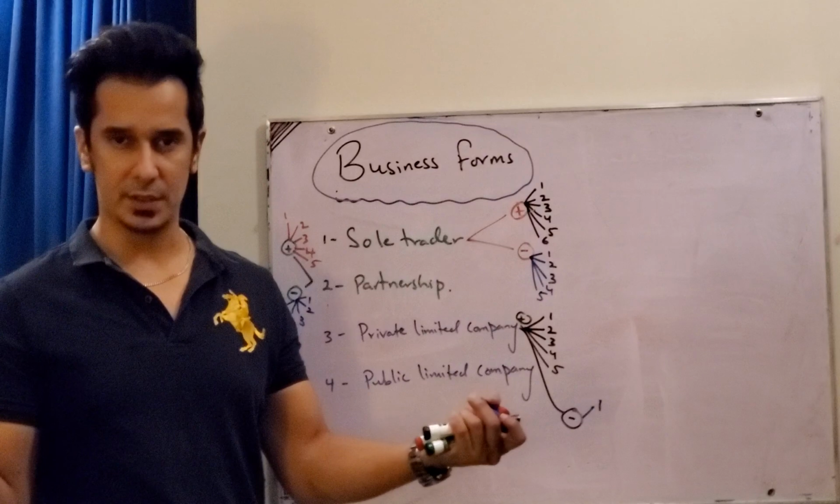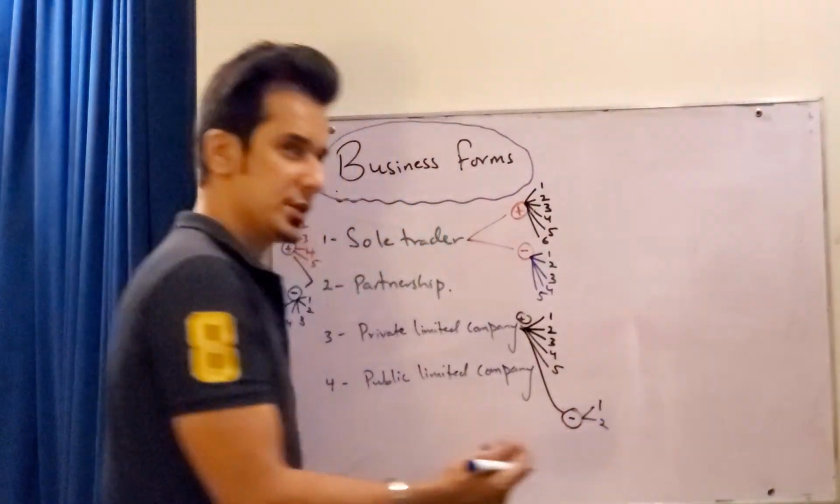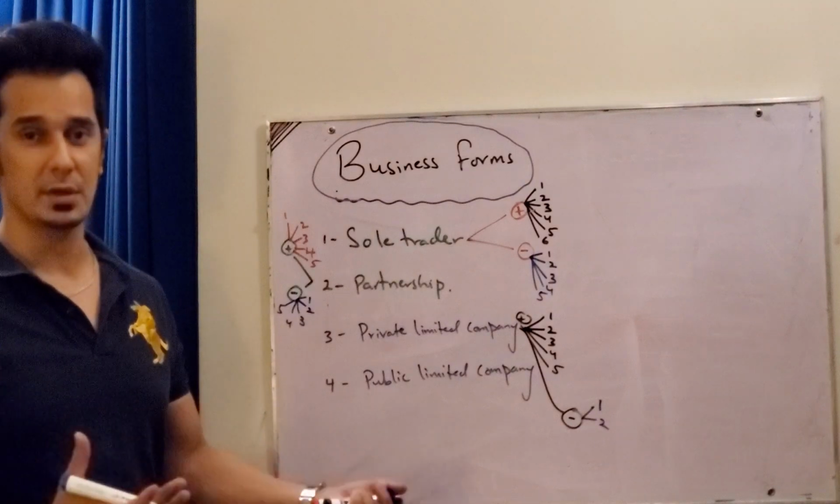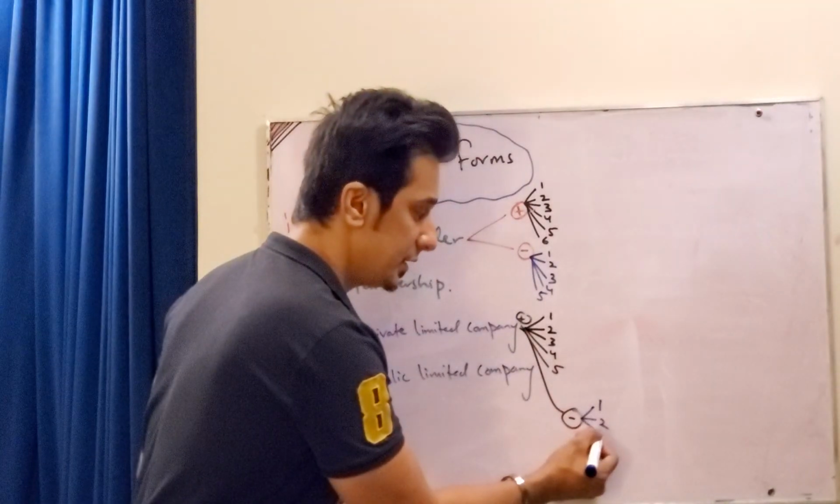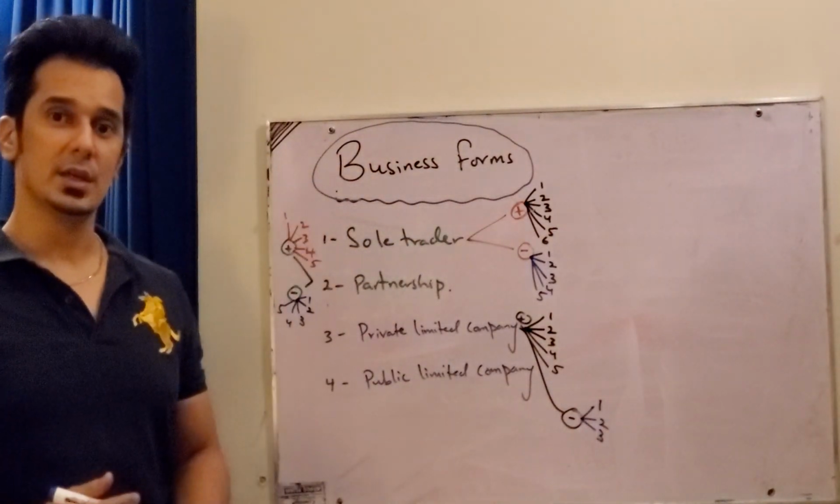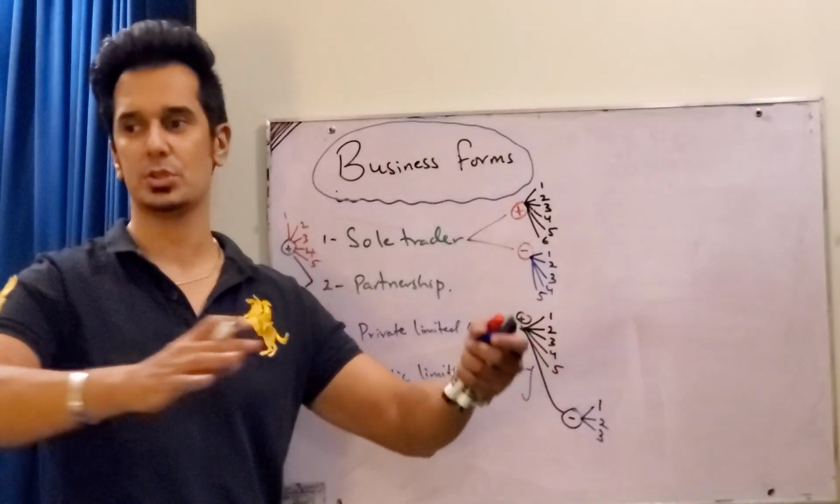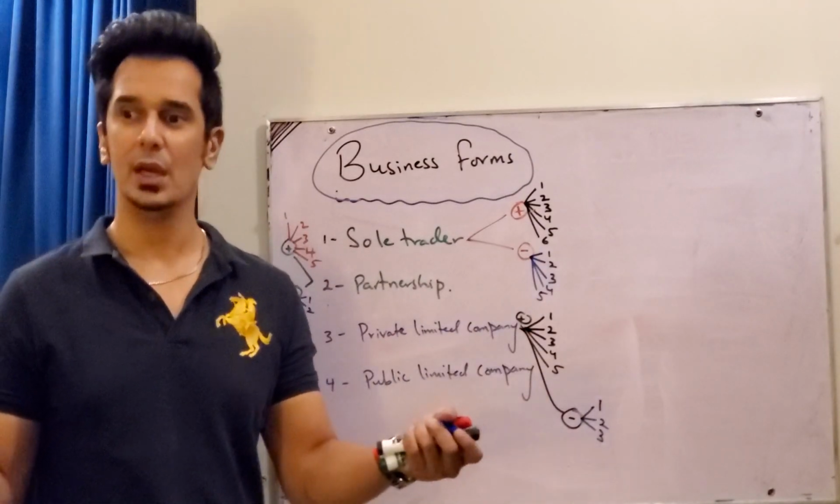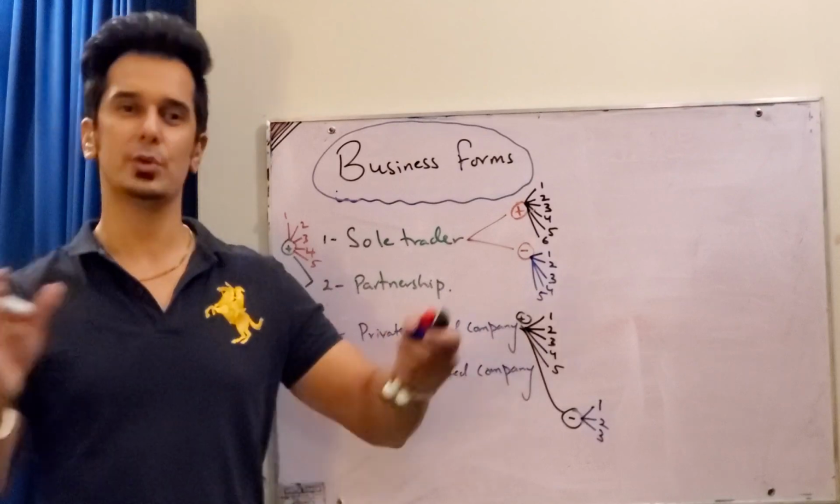Compared to a public limited company, the business is not listed on the stock exchange, so they can't raise a large amount of finance. The third disadvantage is that shares cannot be sold without permission of all the shareholders. So usually in a private limited company, you have to ask almost all the owners before you further sell the